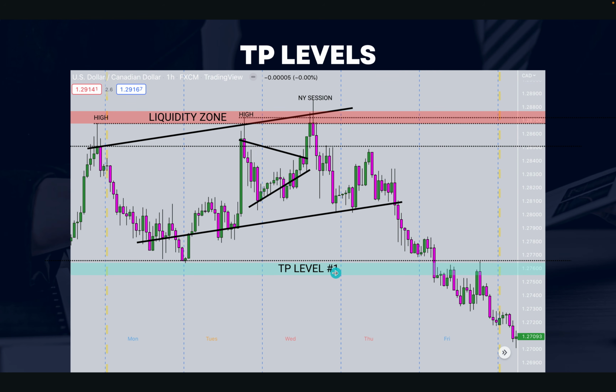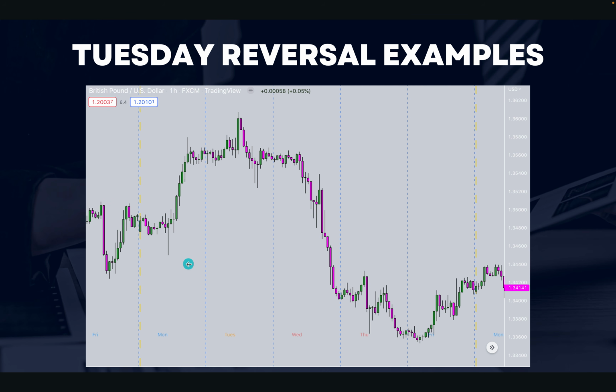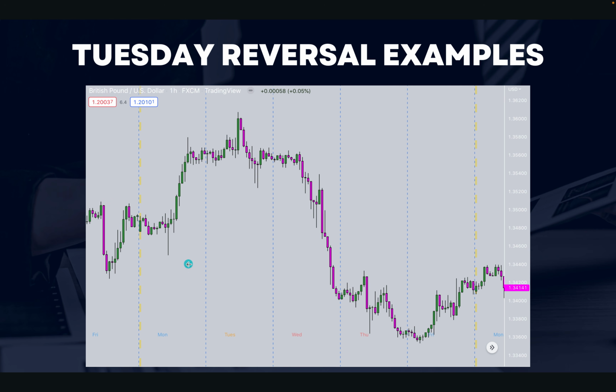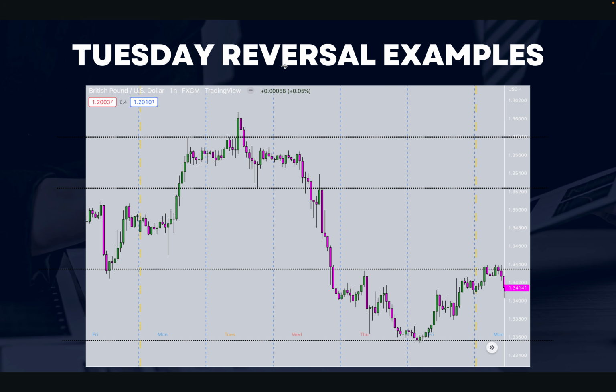And then, as I mentioned, the TP level number 1 would be right under this previous low of the week. Okay, so this was an example of midweek reversal. Now here's another example of a reversal, but this is the Tuesday reversal. So just plotting some of the obvious